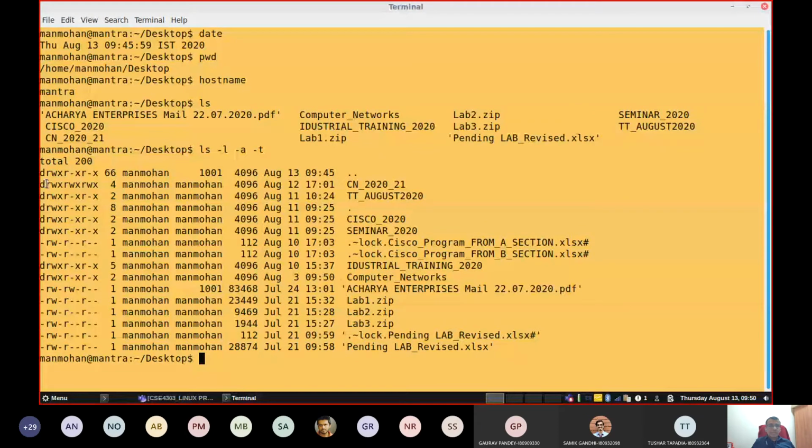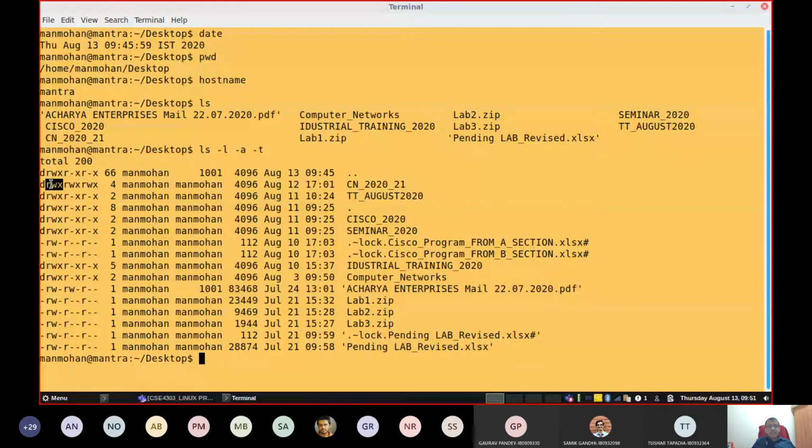Now look into this first read, write, execute permission. The first set is for the user, or else the owner of the file. Remember, owner. The owner has read, write and execute permission on this particular folder. The owner can read the content of that directory. The user can modify, write that.